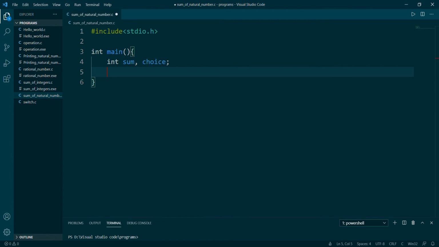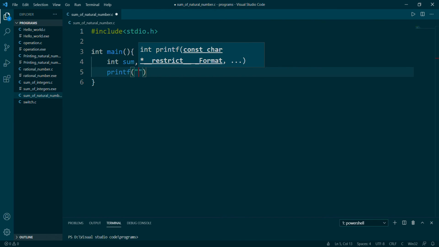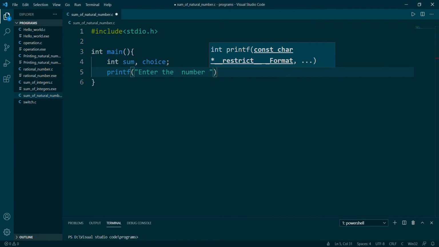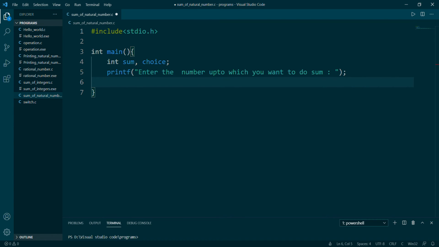Now I'll print simply a text, and I'll write here: enter the number up to which you want to do sum. This is directly displayed at the output window.